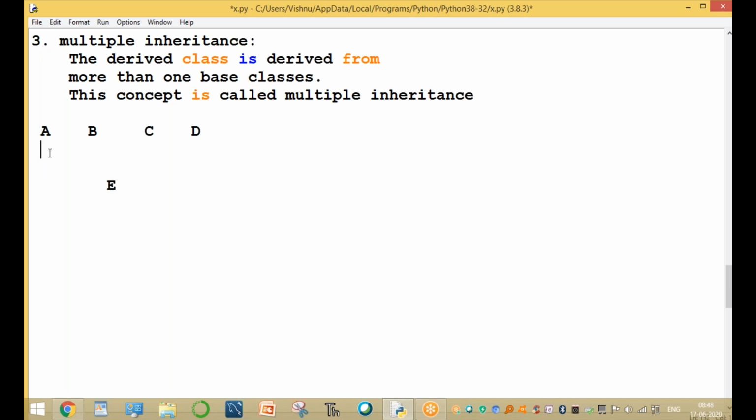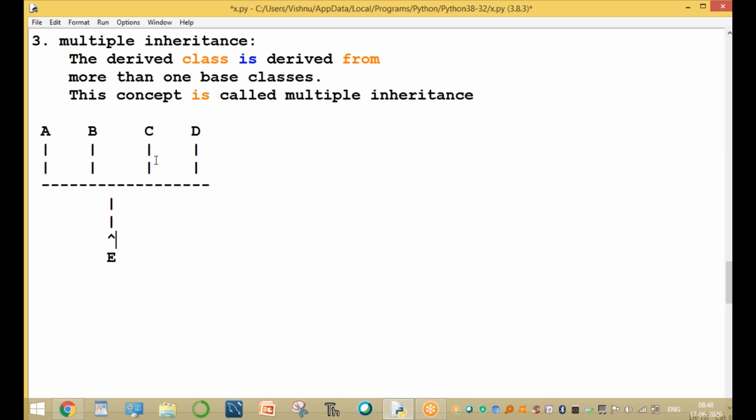Here we are using more than one base class: class A, class B, class C, and class D. All these classes are deriving one class, the E class.